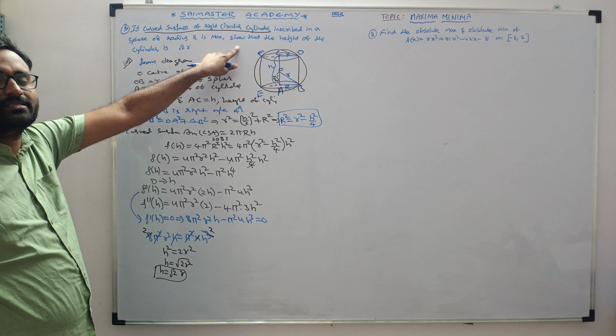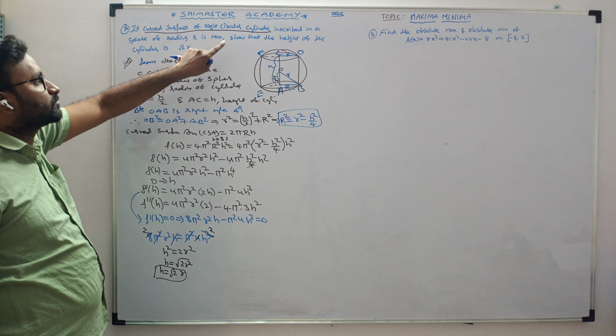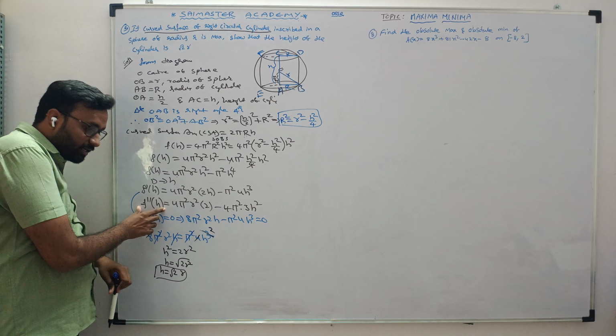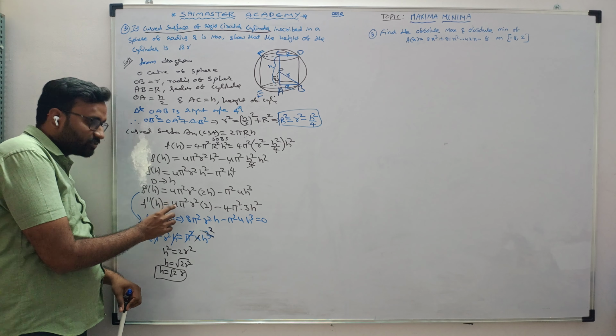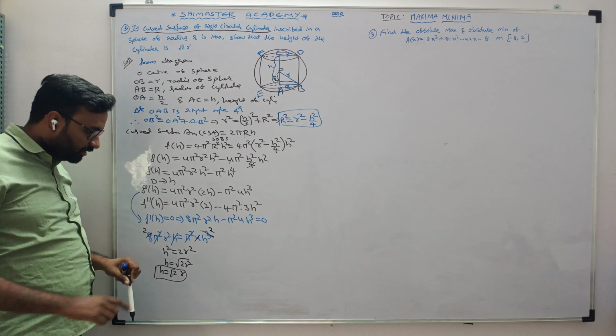We proved that height is equal to root 2 r, but we didn't prove that the curved surface area of the cylinder is maximum. We just stopped at f double dash of h. We have to prove this is maximum, meaning less than 0. Just substitute h equal to root 2 r in this f double dash of h. That is in process now. So put in